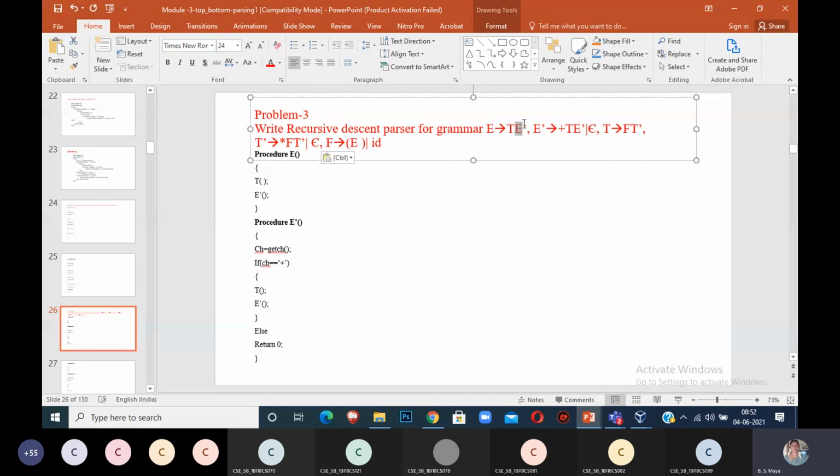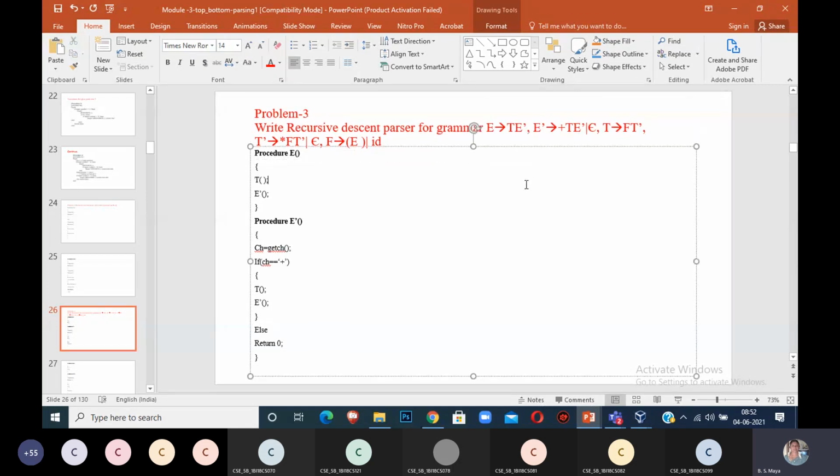The next symbol in the grammar is E dash, which is also a non-terminal. Then I am calling the E dash procedure. I am closing. This procedure of E is over according to my production. E is a non-terminal, procedure E, open parenthesis, I am calling T procedure and E dash procedure.